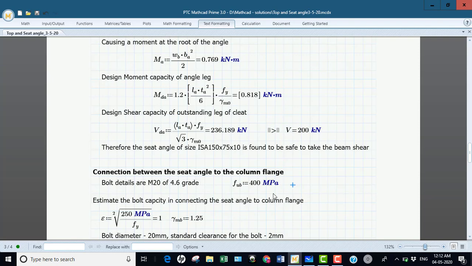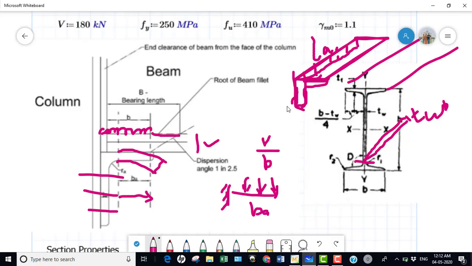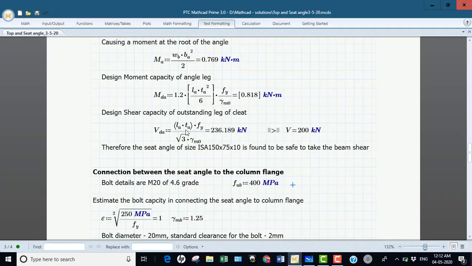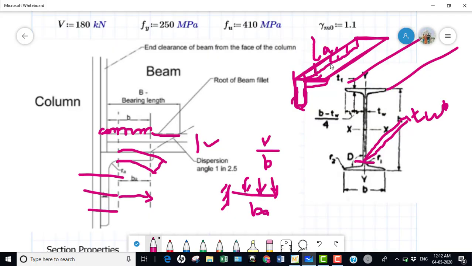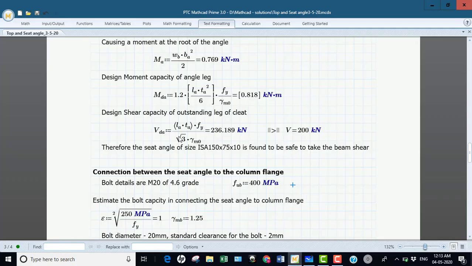And this seat angle cross section also has to be checked against shear. So I'm taking the shear area as I had explained. This is the shear area, because this is going to shear with respect to the other leg. So that is nothing but LA into TA, that is your shear area. I calculate shear area into, substituting the yielding expression, shear capacity under yielding. So it comes to about 236, while my shear force is only 200. Therefore the capacity is larger than the shear force coming on the cross section.